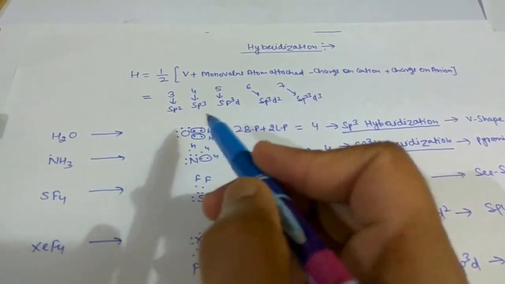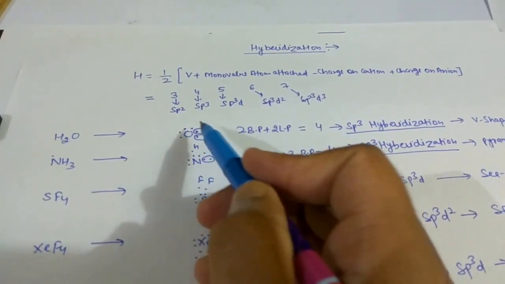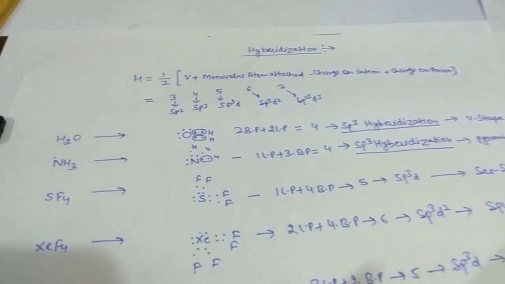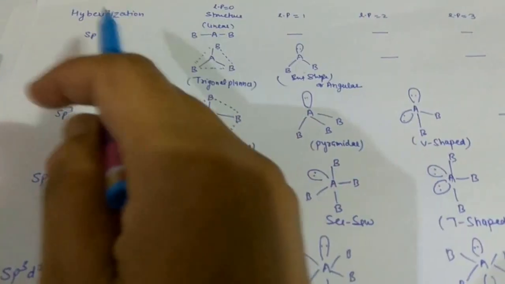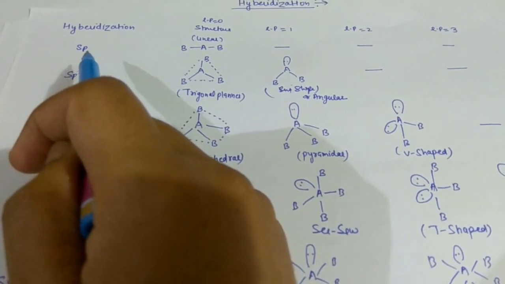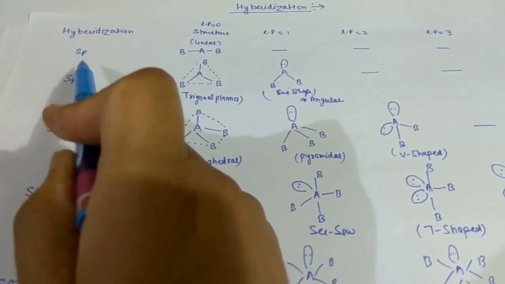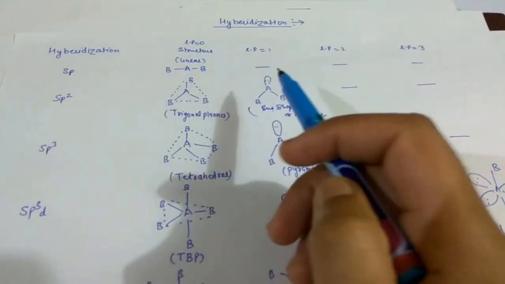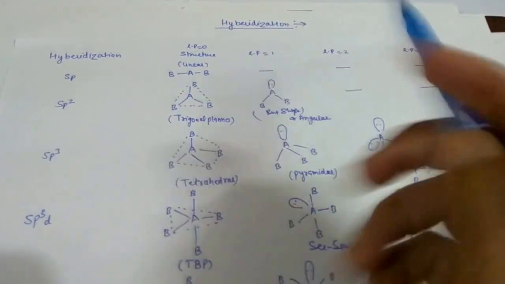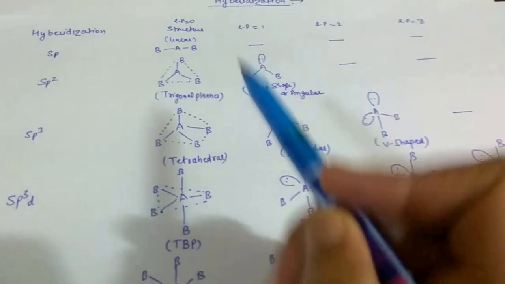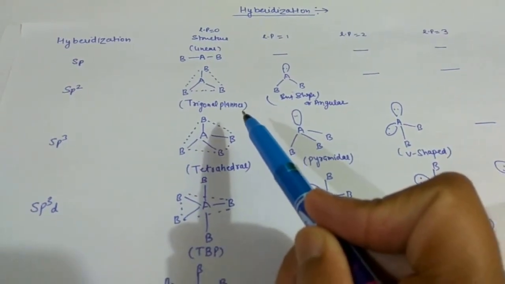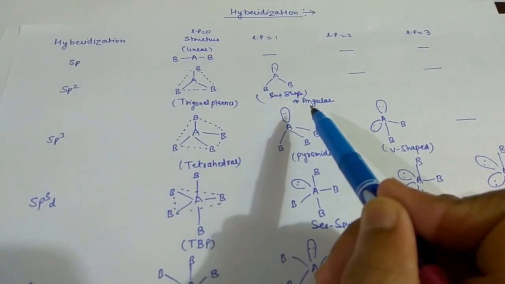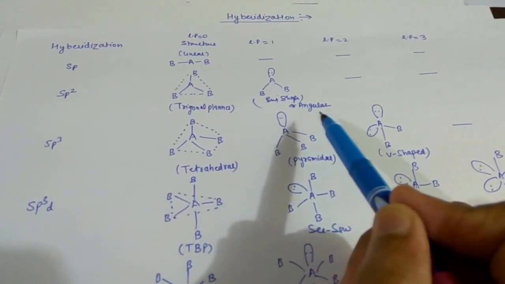We should have knowledge about the number of lone pairs, because geometry and shape change with the number of lone pairs. For example, these are some of the molecules showing different types of hybridization. For sp hybridization, the structure is linear, and the lone pair equals 0. If lone pair equals 1, no structure should exist. For sp2 hybridization, we all know the structure should be trigonal planar when lone pair equals 0. If lone pair equals 1, the structure changes to either bent shape or angular shape.